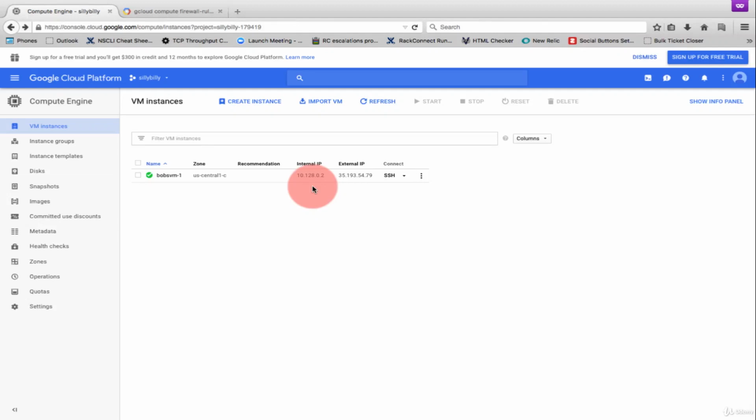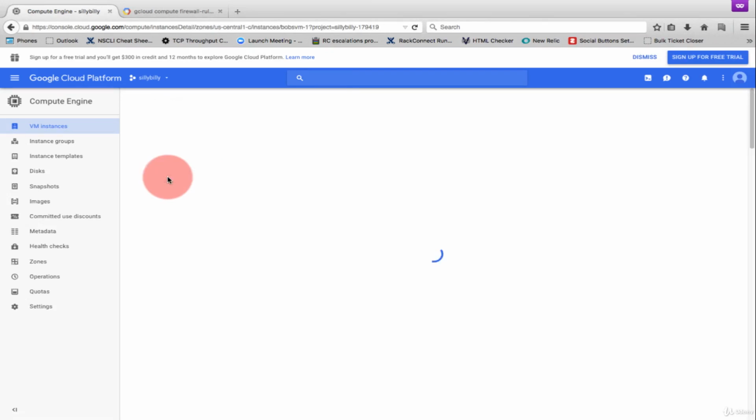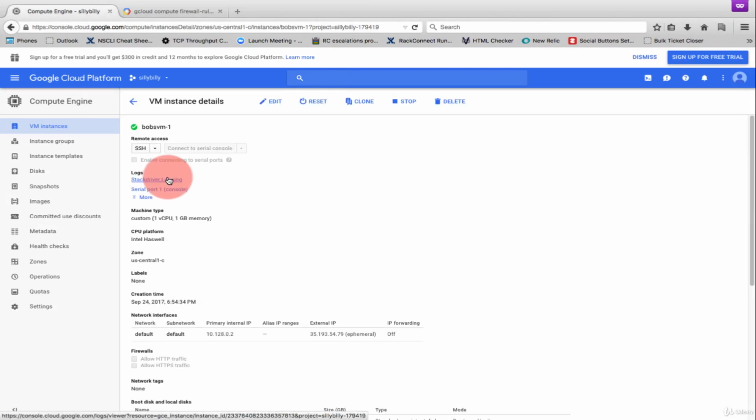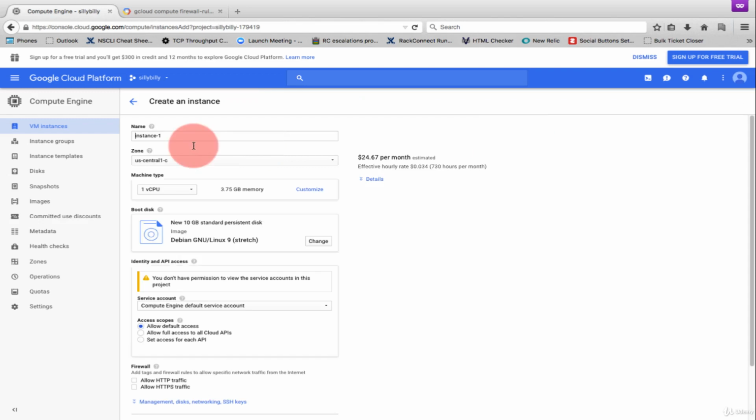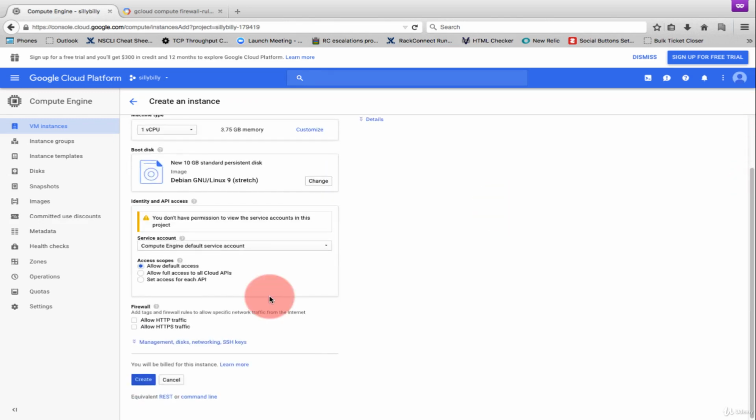In the previous demo, Bob created this virtual machine, Bob's VM-1, but when Bob created that virtual machine, he did not select the allow HTTP traffic firewall rule, and that's because we didn't give Bob the necessary permissions to create a firewall rule, right? Now if Bob creates a new virtual machine, and let's say that he's going to keep the default name and everything else, but this time Bob is going to click allow HTTP traffic, right, to create